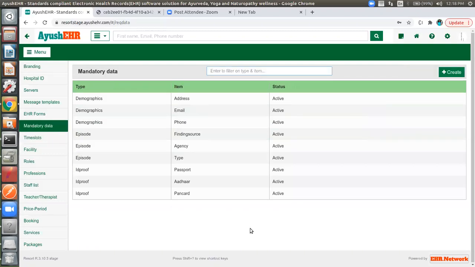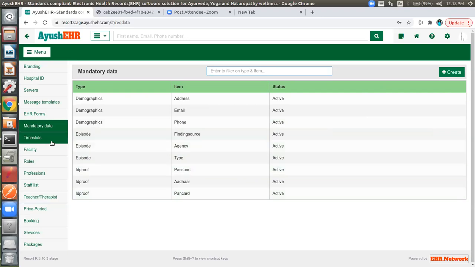And we have mandatory data. If a guest has to check in and do their booking, what minimal information do they have to provide? Those things we put here. If the organization wants to collect data like address, email, phone number while check-in, they have to collect all this information mandatorily, otherwise they cannot check in. That's how we have put it as mandatory data. But maybe you can remove passport or others. If you don't want them, you can remove them.